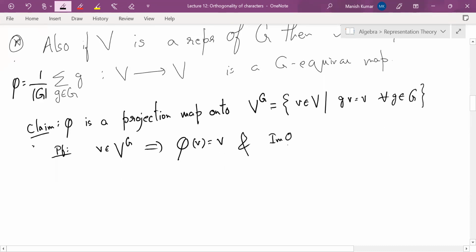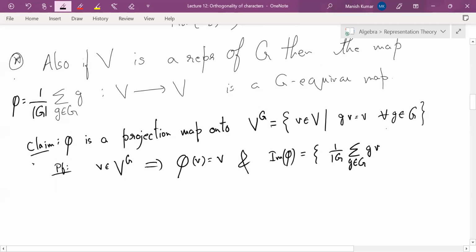Image of phi. So let's compute the image of phi. It is summation, so 1 over |G|, summation g in G, g times v, v in V. This is the image of phi, and of course this is contained in V^G, because if you apply g to this guy,